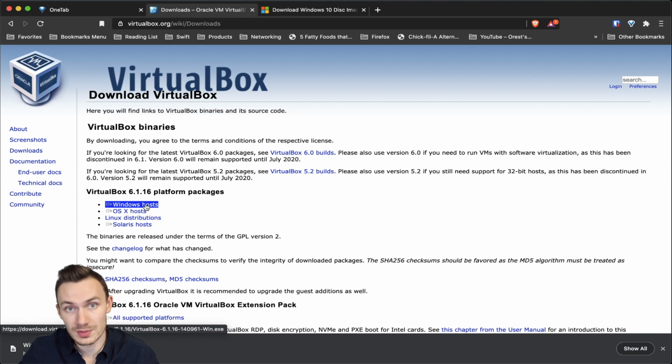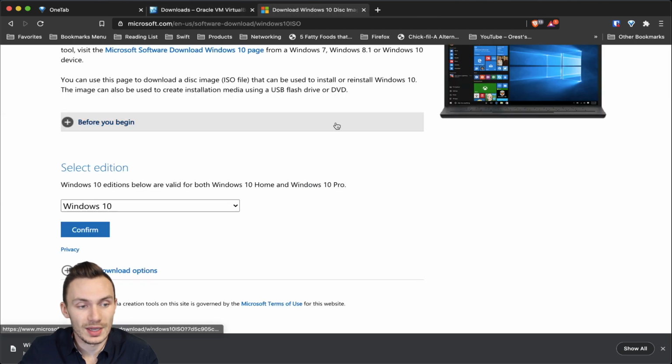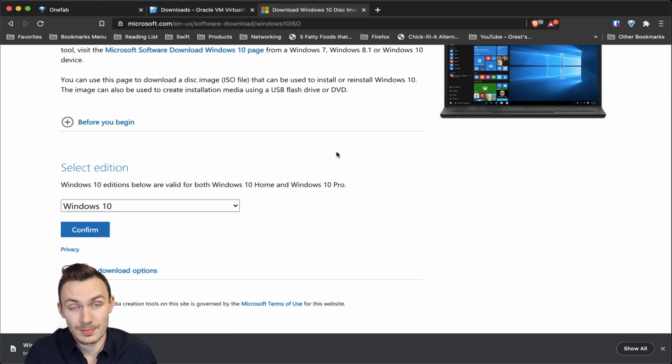So for mine, I'm using a MacBook, so I have OS X, but if you're using a Windows computer, you do Windows, or if you're using Linux, you do a Linux distribution. Then, in addition, you'll need to download a guest operating system. In this case, I'm going to be demonstrating with Windows 10,